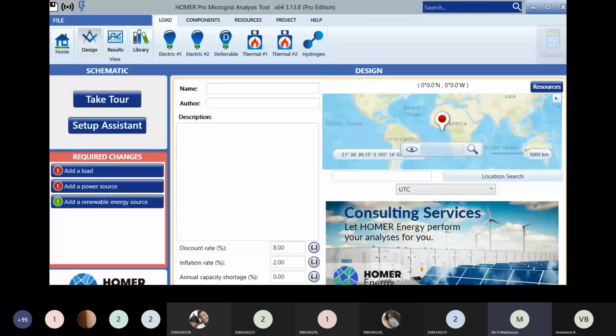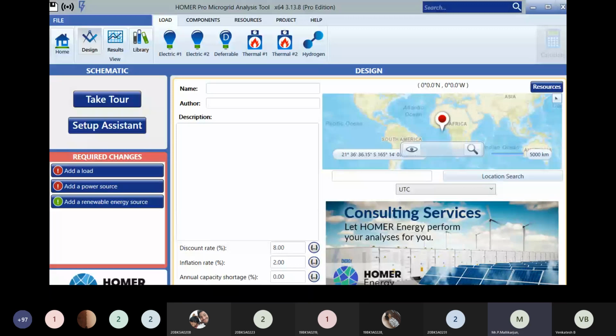See, you have different loads, as I told you in the previous class. Electrical load 1. In this electrical load 1, you have different loads such as residential loads, commercial loads, industry loads, community loads, and blank load. Please, all of you go to loads, then select any electrical load, click on load profile, choose one of the load options.